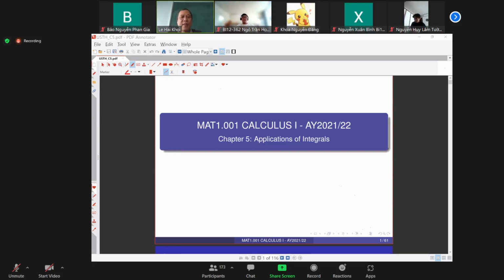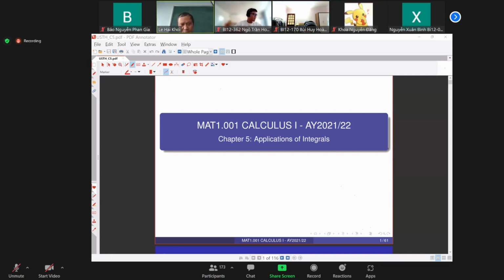What we did last week, chapter 4, was about integrals, and this chapter is about applications. In my opinion, this chapter is very important, and in many cases it is more difficult than the simple computation of integrals, because you have to recognize the case you are given and think what method can be applied. Okay, so